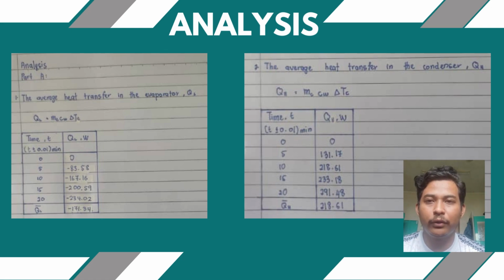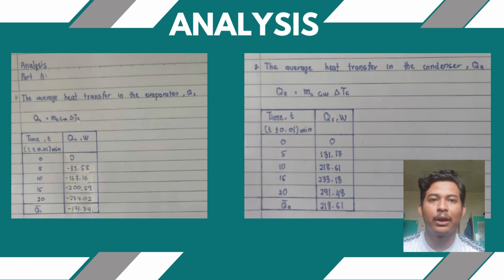So for part 1, the first question is find the average heat transfer in the evaporator QL by using the formula QL equal to ME CW delta TC, which is QL is average heat transfer in evaporator, ME is mass flow rate of water in evaporator, CW is specific heat capacity of water, and delta TC is temperature out minus temperature in. By using the formula, we can find the heat transfer in evaporator for 5 minutes, 10 minutes, 15 minutes and 20 minutes, and then we need to divide by 4 to find the average heat transfer